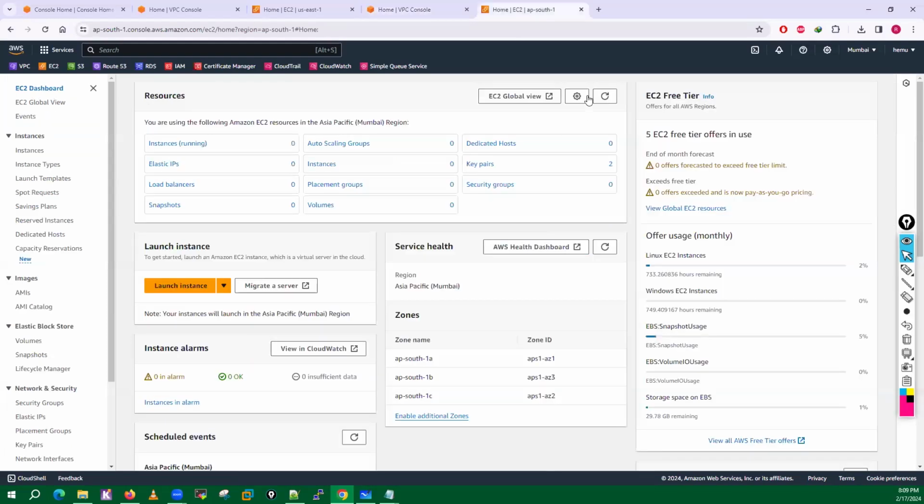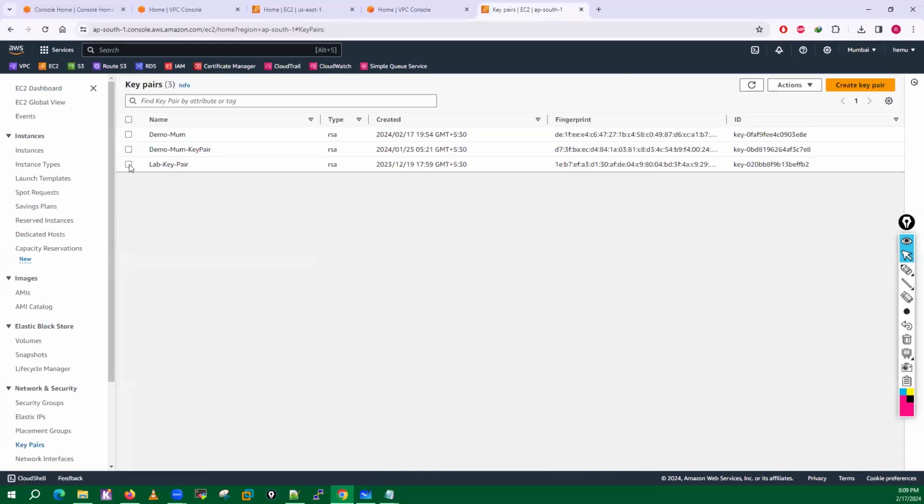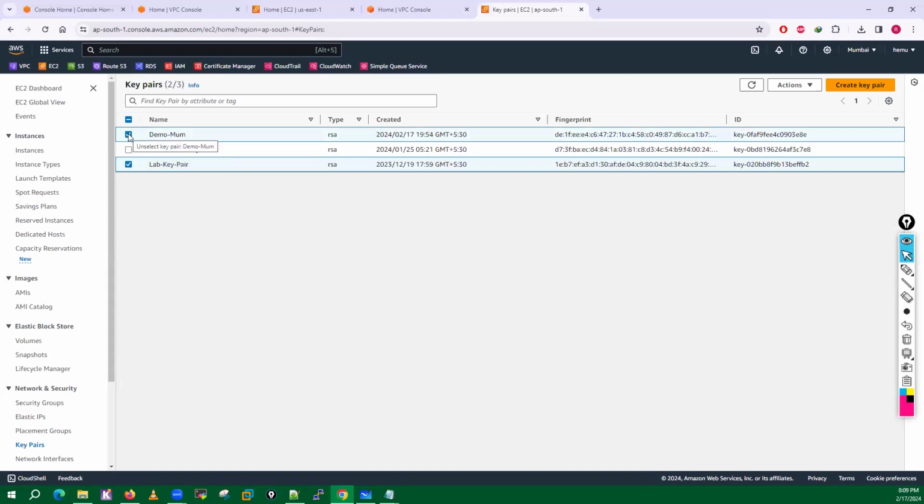Now in EC2, you can refresh. And let me also delete the key pair. Lab I will delete. Demo Mumbai, let me delete this as well. Today is the 17th, so I will leave the one created today and delete that one.